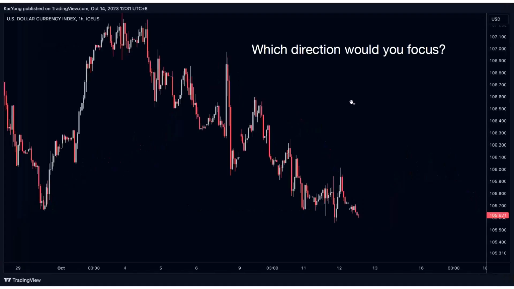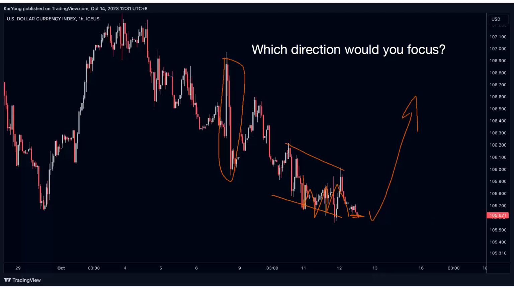Again, same thing. When you open up a chart, always ask yourself this question: how is price developing? Okay. So if you take a look at this chart here, how has price been developing? Very choppy, which is corrective in nature. How is this correction developing? Slanting to the downside. Previously, what do we have? We have a fast, impulsive drop. And then after that, we get a corrective move. So what's the direction? Likely a potential reversal.